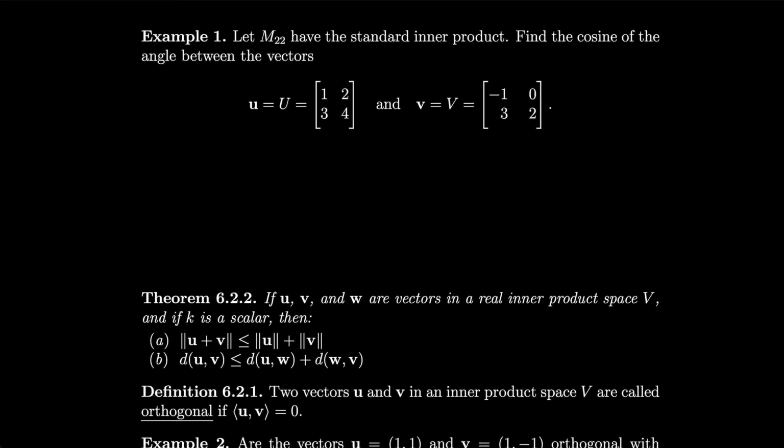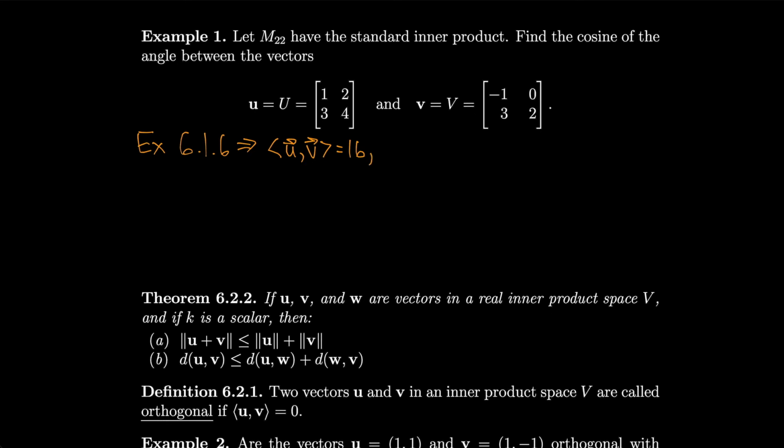As an example, how about we let M22 have the standard inner product, and we'll find the cosine of the angle between the vectors u and v given. You might remember that we have the standard inner product from example 6 of the previous section, that was 6.1, example 6. That tells us that the inner product between u and v will be 16. All we do is multiply the corresponding components and add them up,